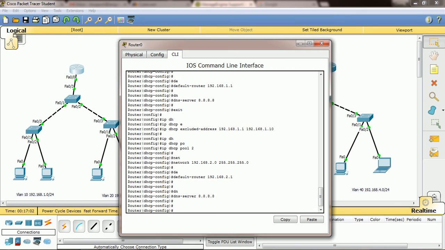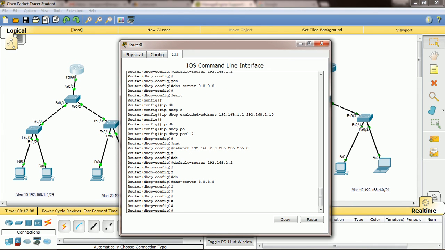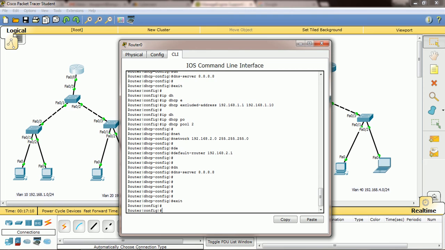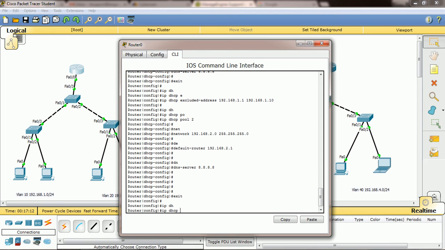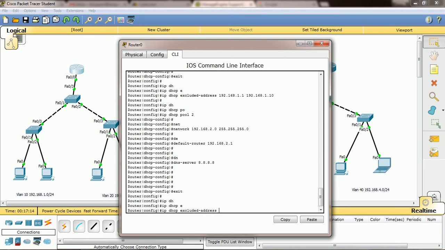If you are configuring in real time, you will give the DNS server, but here we don't need it, right? Then as I told, for ip dhcp excluded-address, you need to keep an excluded range here also. You can see the difference here: I will give 1 to 100. Then what happens is I am reserving 100 IPs. I don't want to give them through DHCP, I need to use them manually.